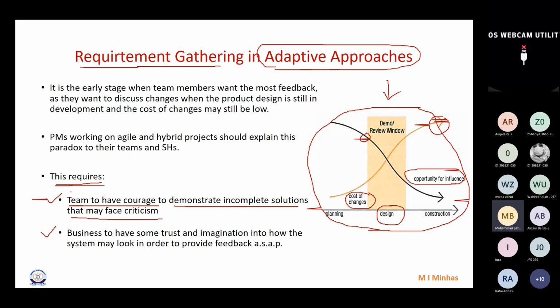Now, generally, team members, after their first or second meeting, become reluctant, because they face a lot of criticism. Yaar, ye kya bana ke laye? What is this? We didn't want that. You haven't shown any progress yet. Oh, this is what you have brought after 10 days of work? We were expecting something different. So they feel reluctant. They try to immediately